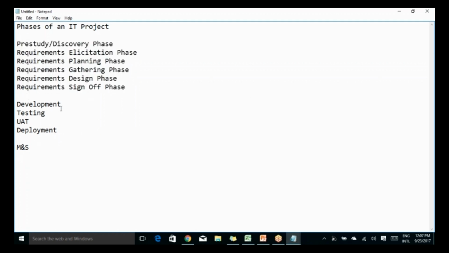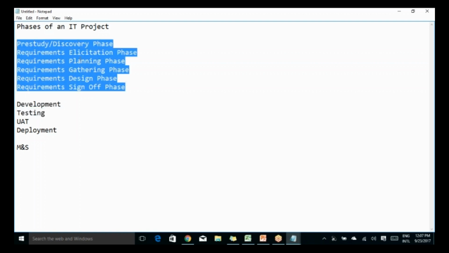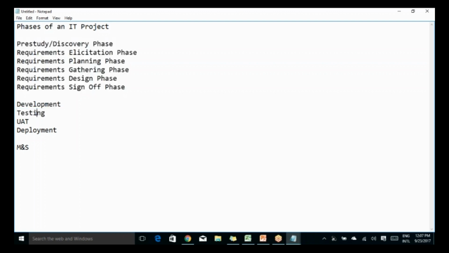Now the next 40% of work is coordinating with these teams. Whatever requirement you have elicited, discovered, planned, gathered, designed, and got approval for, you have to explain to these people. You have to test those requirements, whether they are in line with this requirement or not. Then you have to do the official user acceptance testing with the customer. So once the testing is done,